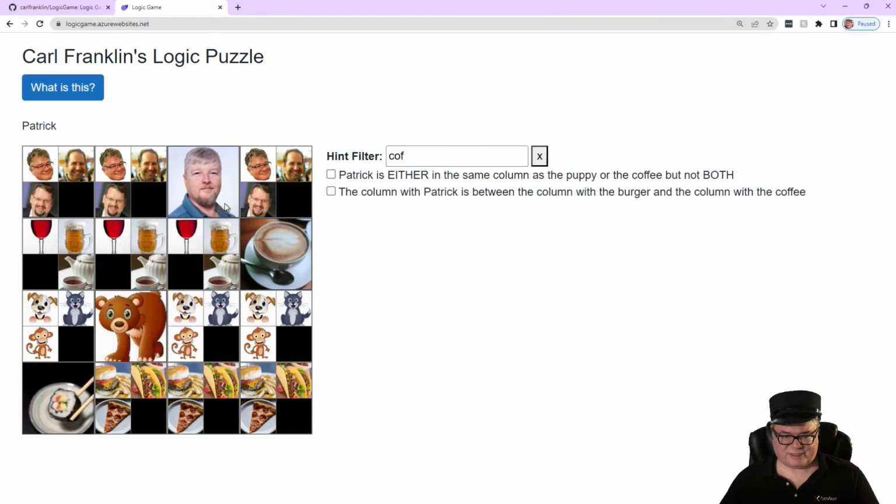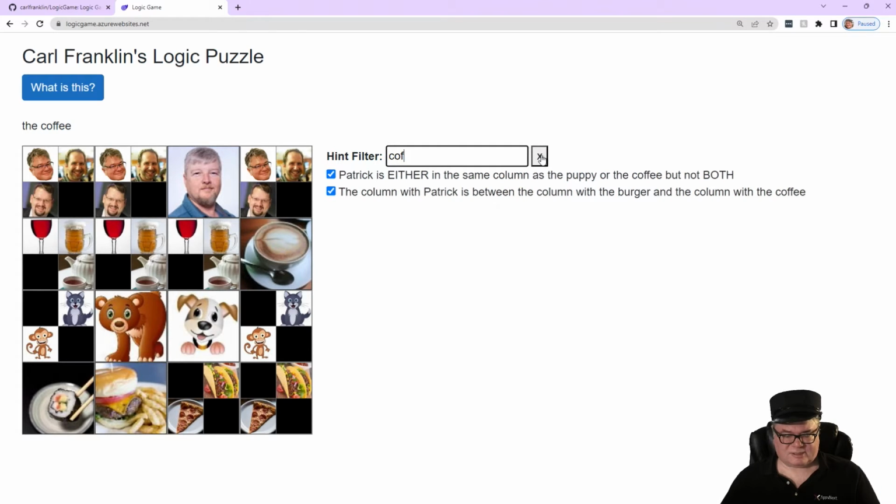The next one over is the column with Patrick. So I'll click on Patrick and notice that Patrick is removed as a possibility from the other cells in this row. And the next one is the burger. So go down here, click the burger. Now you can click this check mark here just to tell yourself that, hey, I've already used this hint and applied it. So the next one is Patrick is either in the same column as the puppy or the coffee, but not both. Well, we know Patrick isn't in the same column as the coffee, so it must be the puppy. So I'll clear the hint filter,